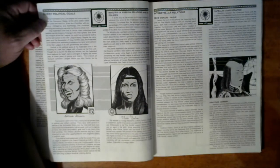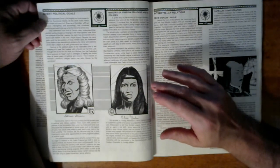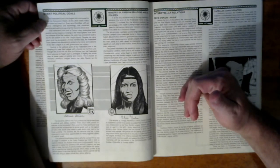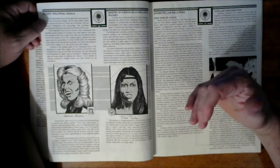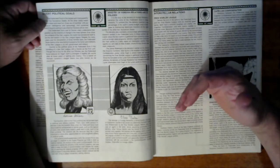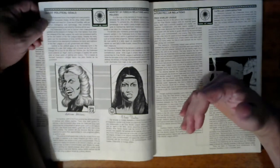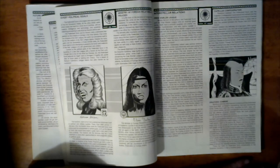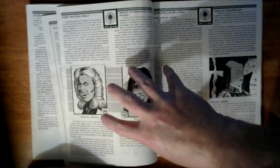The fact that the vast economic powerhouse of the Lyran Commonwealth could easily be devoured by the economically hungry Federated Suns, where the Federated Suns can give and help with the Lyran Commonwealth's military, and help them to develop a better command structure, and more importantly to be more successful in the battlefield. But the most key piece there is this